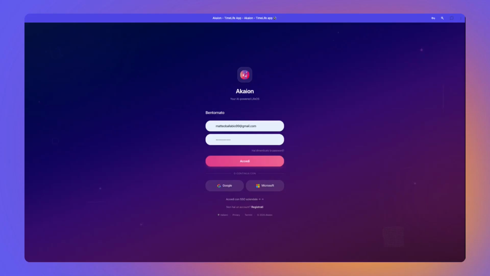For the Drive part, I can see the same things because I can configure rules. Now there's no Drive account connected. It's only a small issue, but the point is the same one. You can synchronize the different rules in Drive, and after that you can easily link different files from Drive to Akaion, and then you can use them in different ways,